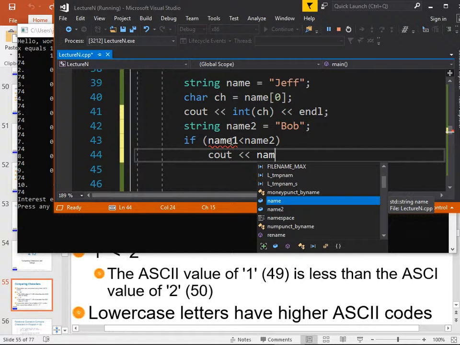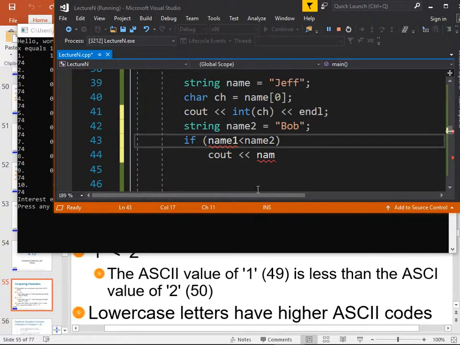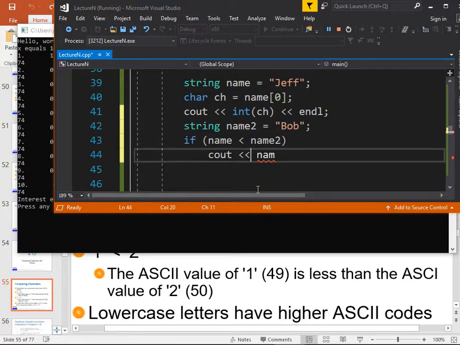It was actually just name, right? That's why that's underlined. Cout, arrow, name, arrow, quote, is smaller. \n, end